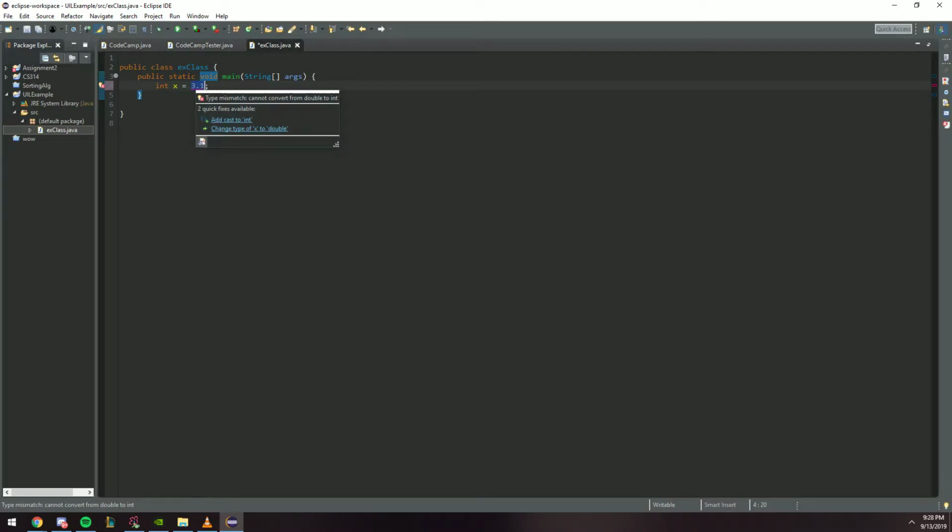If we look at our options, it says change type x to double, where instead of storing it in an integer box, we store it in a double box, which makes sense. But what's the other thing we see? It's add cast to int. Casting just means we change the number we're evaluating so that it works with whatever we're trying to change it into. That's kind of confusing. So we can kind of